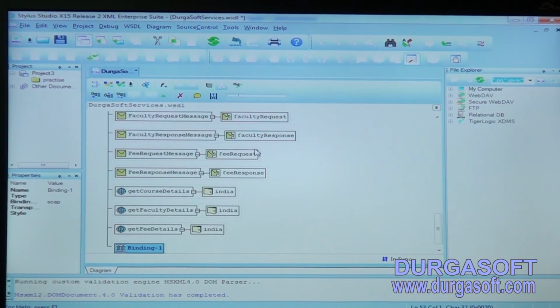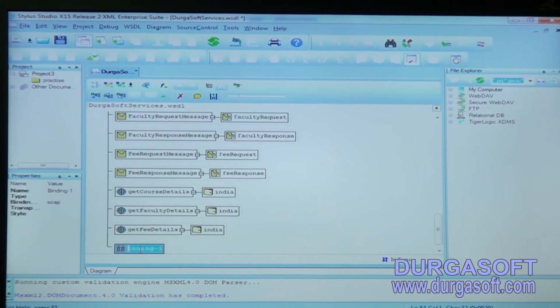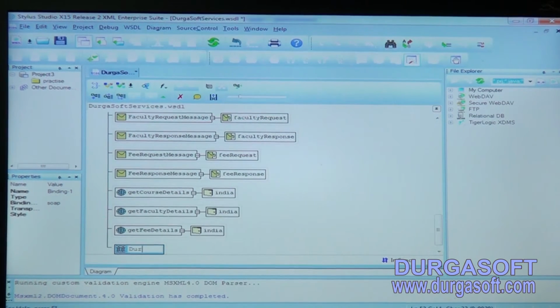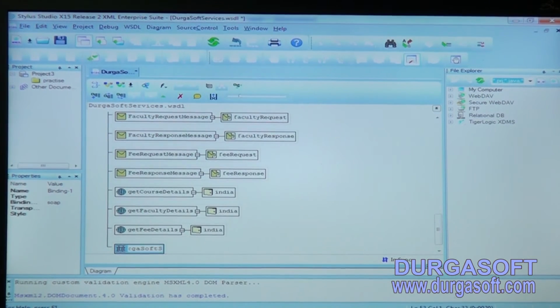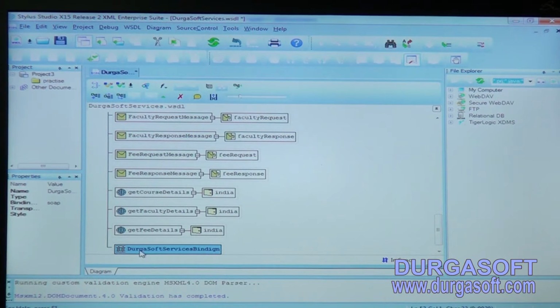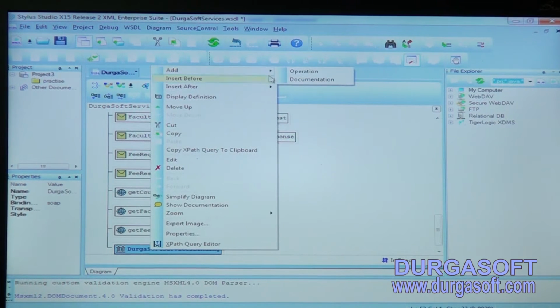So this binding I'm giving the name DURGASOFT services binding. This is the name I am giving to bind my services with messages. It contains 3 operations: